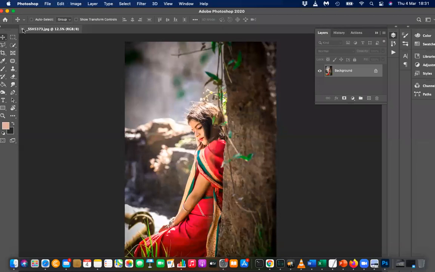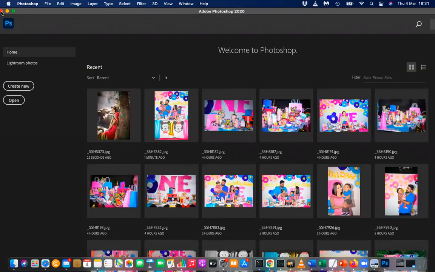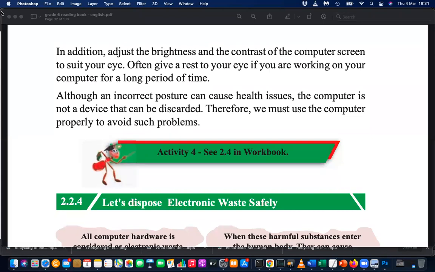You have to control the contrast and brightness, right? That is what you have to learn. I think now you know the difference between contrast and brightness. Brightness means the lightness. When brightness is high, it's more lighter. But contrast means the colors. When color depth is high, the contrast is high.